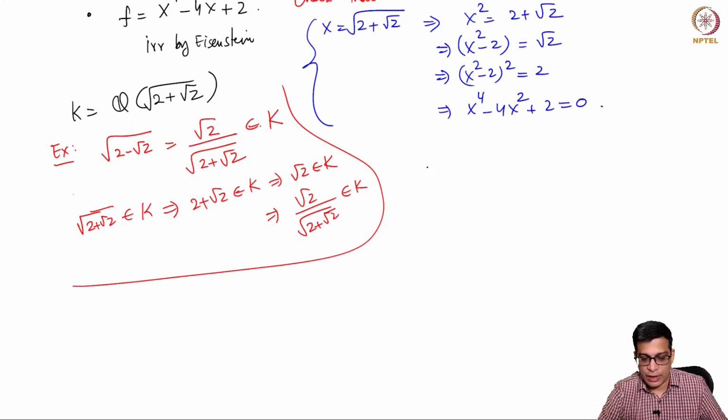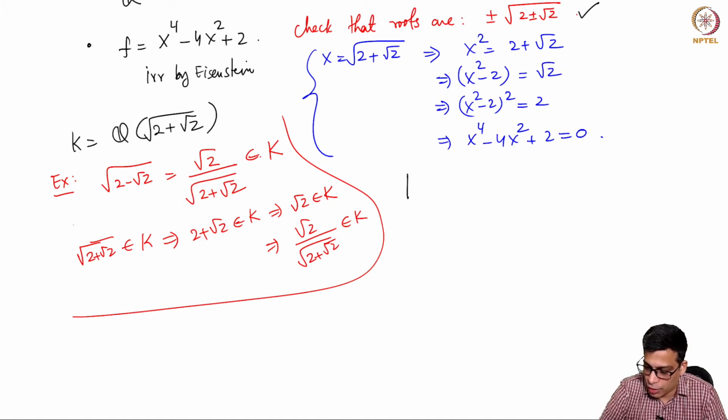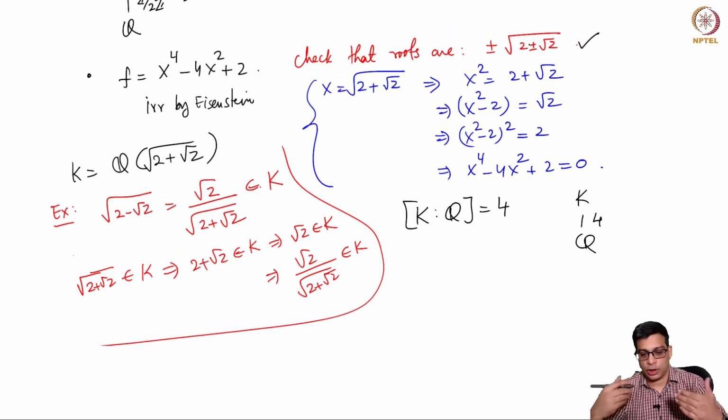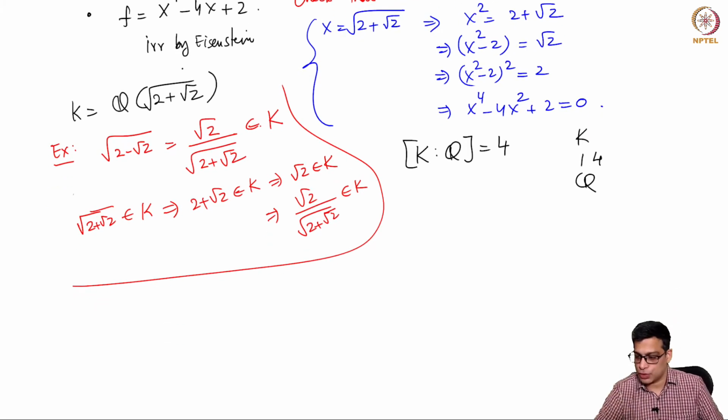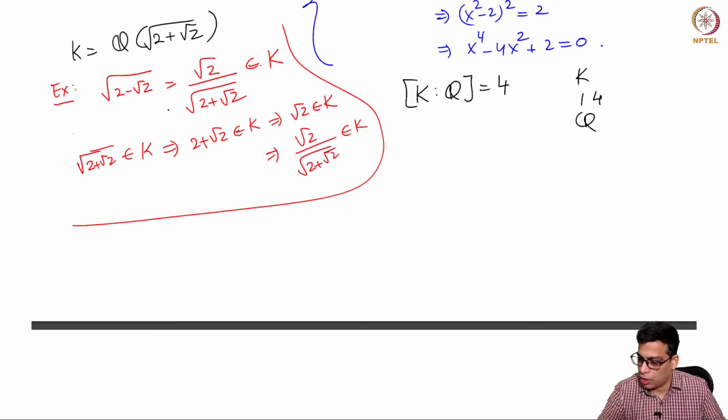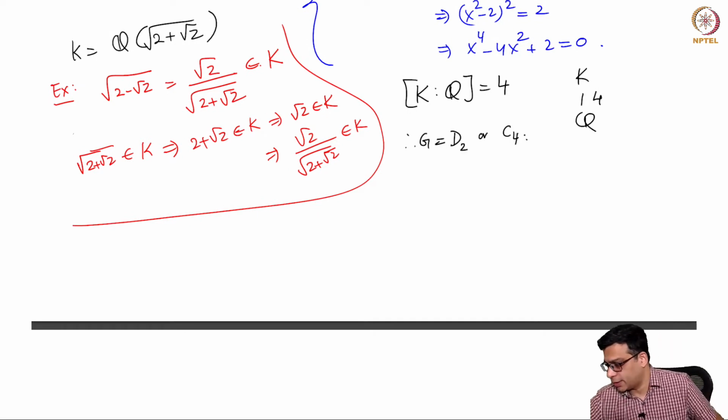So here the Galois group has order 4, right? The Galois group has order 4 because K over Q is degree 4. You attach one of the roots, the other roots are already there, and that root has degree 4. So, in our list, what are the degree 4 things? It's either D2, which has order 4, D4 has order 8, A4 has order 12, S4 has order 24. So it's either D2 or C4, but which is it?